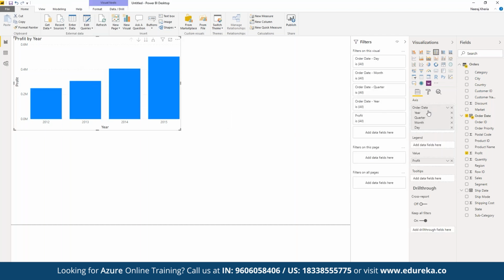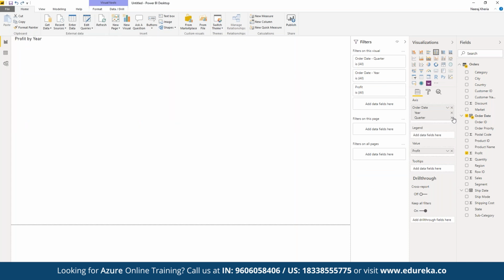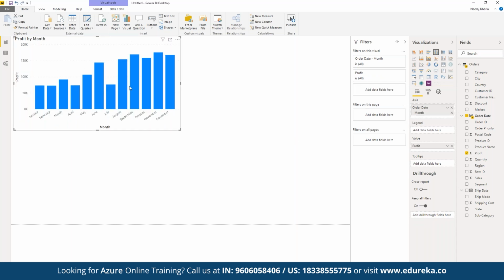All right, so now in terms of the axis, here we have year, quarter, and date available. In terms of legend, for example, suppose we have year. Here we have day, and suppose we want to visualize this based on month. Let's say we want to see the report based on different months. Based on the year, and not just based on year but on the quarter, as in quarter one, quarter two, quarter three. And then we want to see the entire report based on the month itself instead of quarter. We want to simply segregate them based on month.